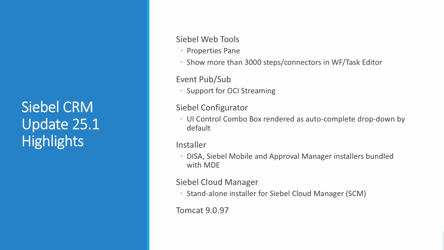Siebel Configurator receives a small but significant UX update. Starting with 25.1, all Siebel installers, including DISA, SAM, and others, are bundled with the Modular Deployment Engine. Siebel Cloud Manager becomes available as a standalone installer. And the version of Siebel Tomcat application containers hikes up to